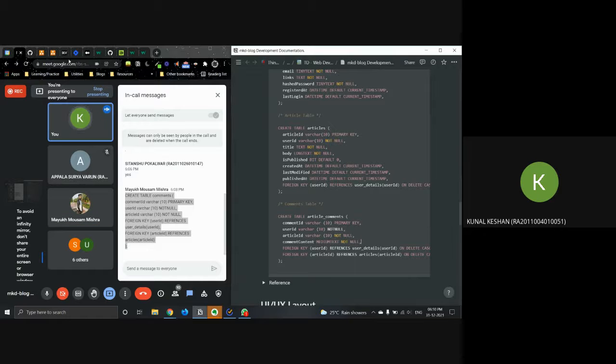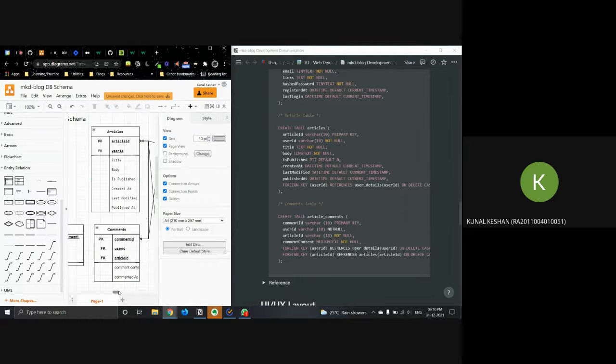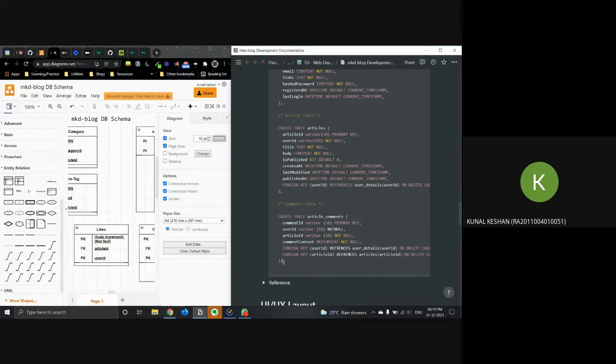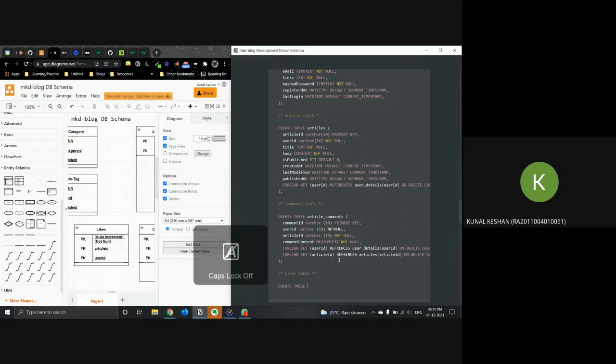Alright, so the comments table is in, and the likes. Create table article likes. Okay, so we will have an ID, called like ID, but it has no significance over here.